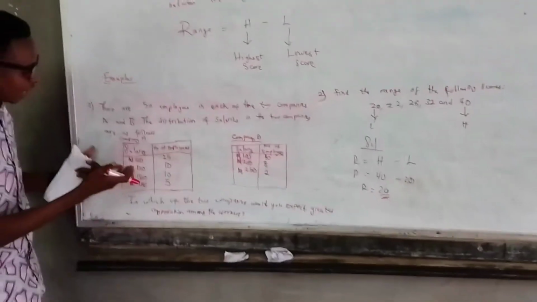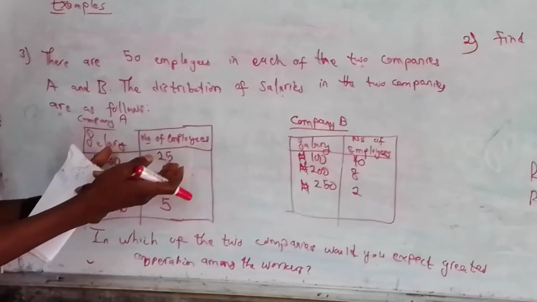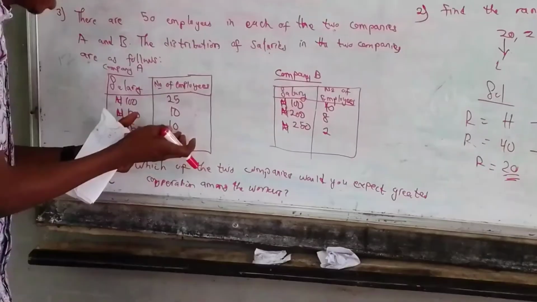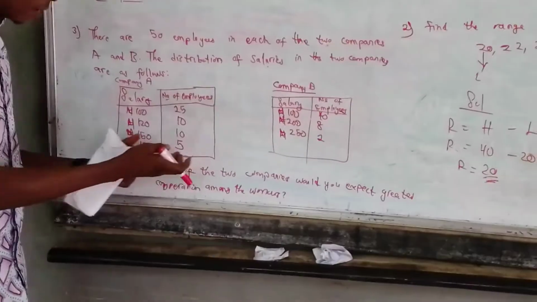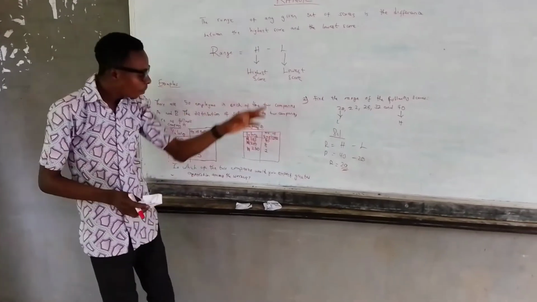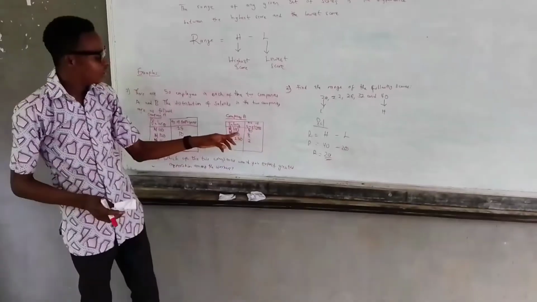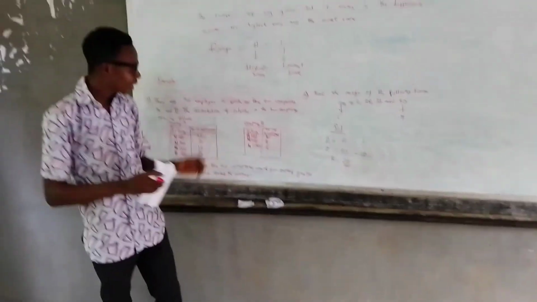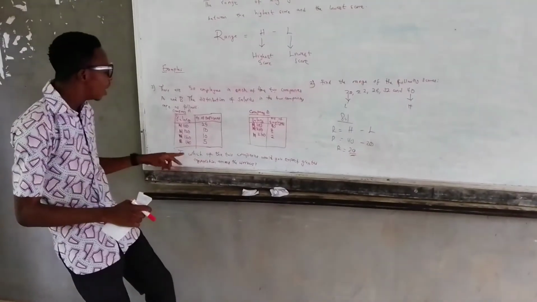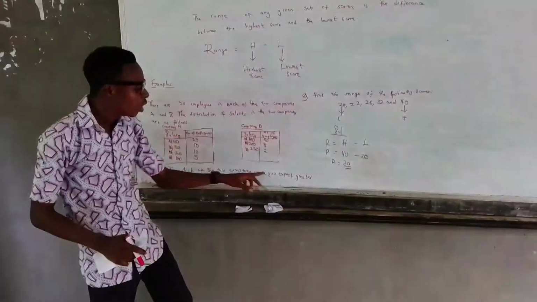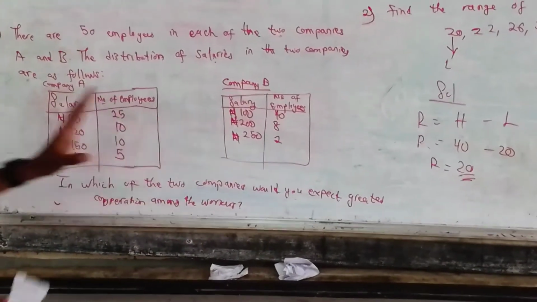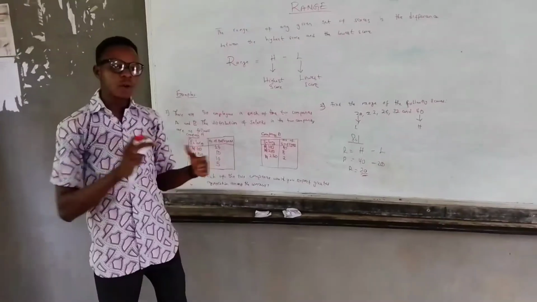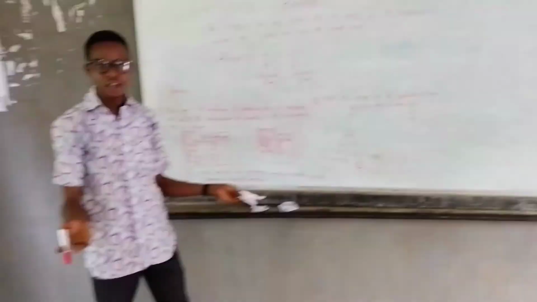Look at my company. I pay 25 workers 100 naira, 10 workers 120 naira, 10 workers 150 naira, and 5 workers 180 naira. In the other company, it pays 40 employees 100 naira, 8 employees 200 naira, and 2 employees 250 naira. Now, the question asks, in which of the two companies would you expect greater cooperation among the workers? Which of these two companies do you think there will be greater cooperation? Because the pay varies. So how do we calculate